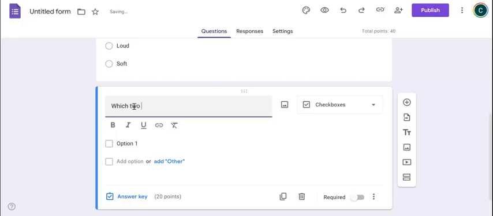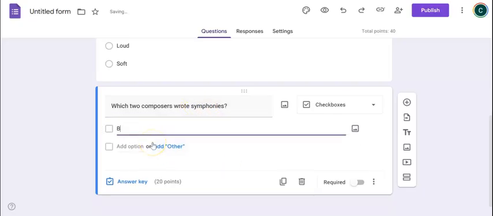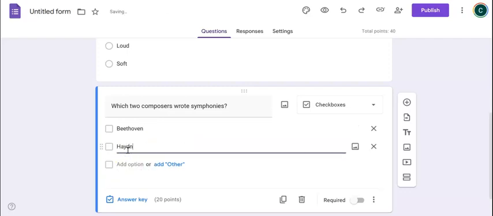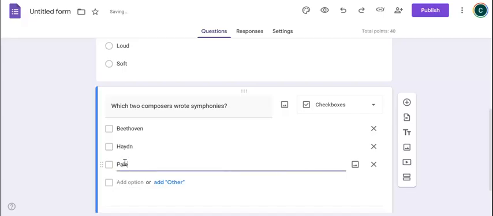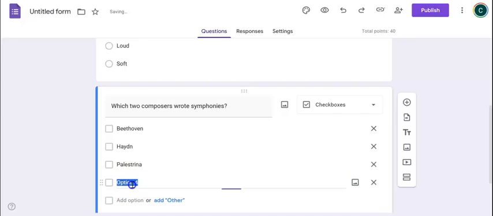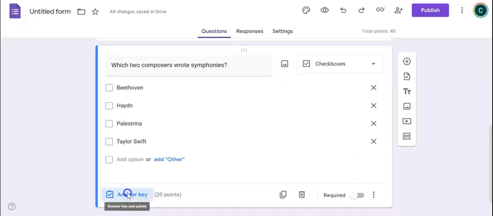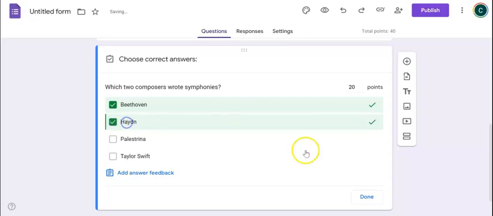So I'm going to put in my question, and I'm going to inform the students that there are 2 answers to this question. We'll say those symphonies. Option 1, I'm going to go ahead and just put the correct answers, but you can change them around. So it'd be Beethoven and Haydn. Let's put Palestrina and Taylor Swift. Okay, so we're going to go down to the answer key, and I'll click the 2 correct answers,